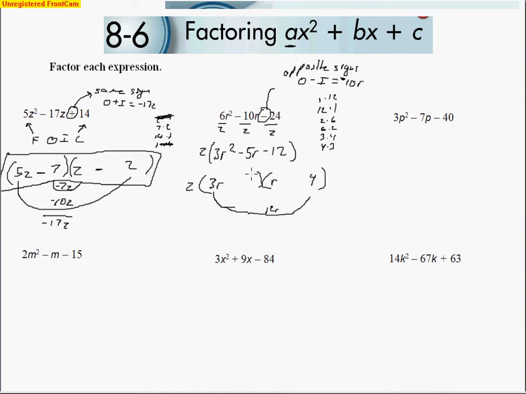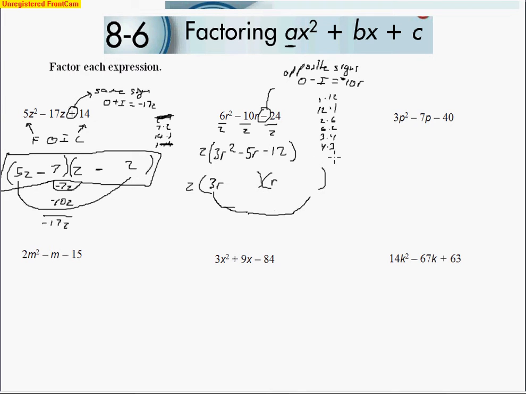And then 3 times 4 are the numbers that multiply to make 12. So I'll put the 3 here, and I'll multiply those, and it makes a 3r. And you see how 12 minus 3 ends up not subtracting to make 5. So I know I did not do that right. So I'm going to go ahead and erase what I just did there